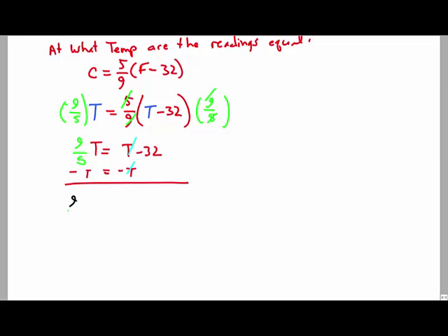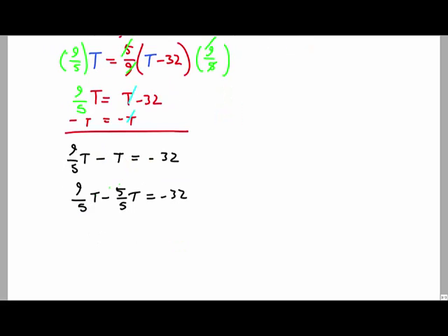So I end up with 9/5 T minus T equals negative 32. Well, I need to find a common denominator here in order to combine these. So this would be 9/5 T minus 5/5 T equals negative 32. 9/5 minus 5/5, 9 minus 5 would be 4/5 T equals negative 32, and then the last step is to